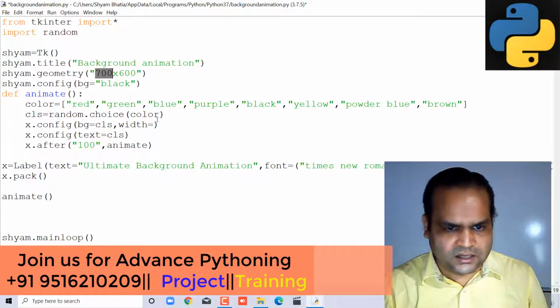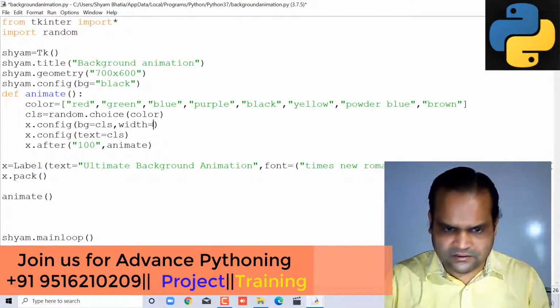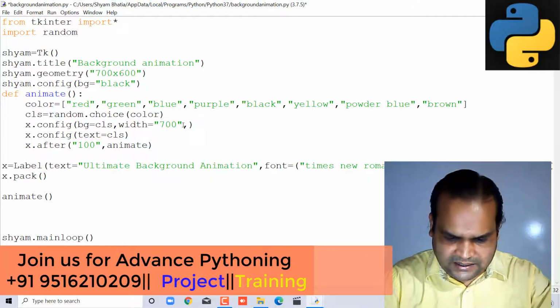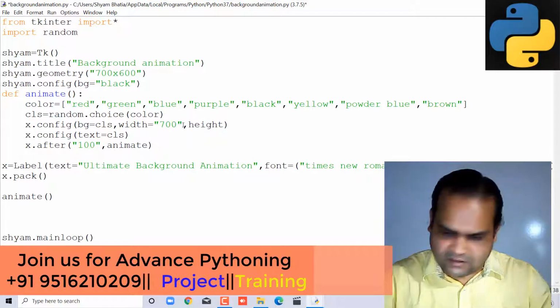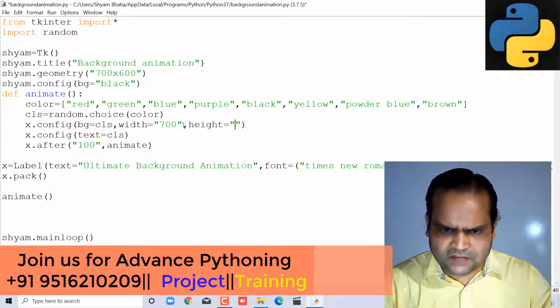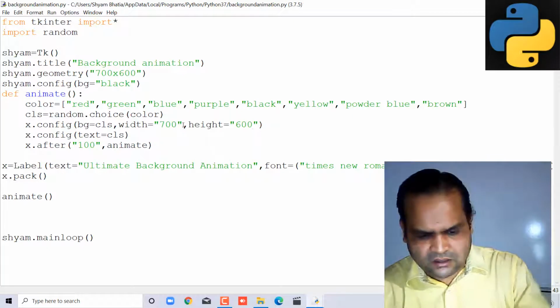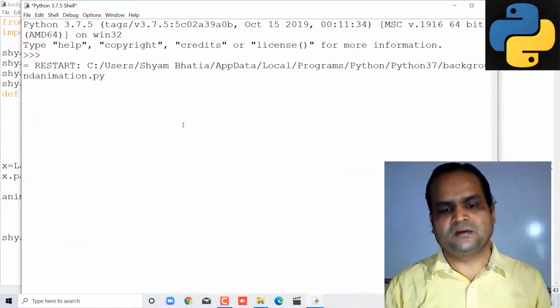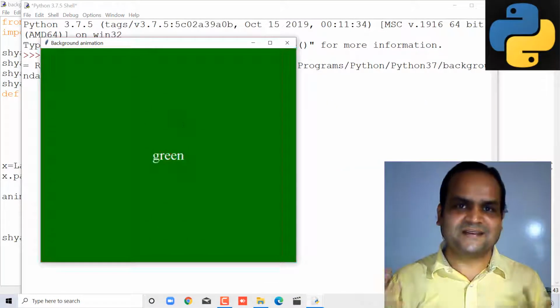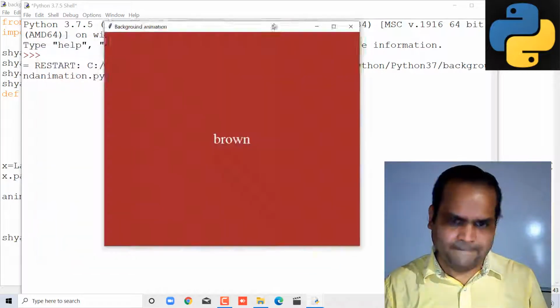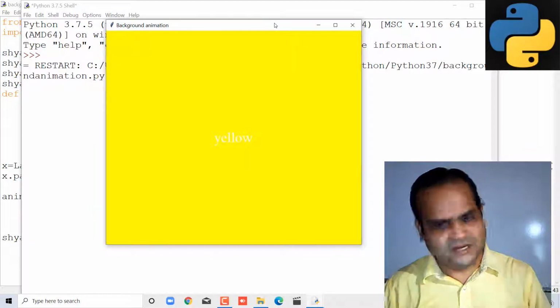So control C, and where is the width? Width is 700, same, and height, because the whole screen will be covered, 600. So the animation will cover the whole screen. Yes, as it is what we mentioned initially in the background, that is perfect.